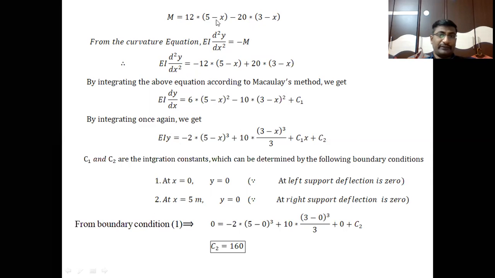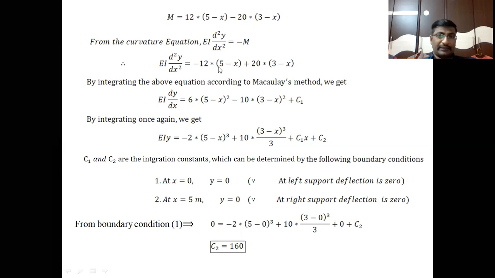So minus 12 into 5 minus x plus minus into minus plus 20 into 3 minus x. This is the equation after substitution in the curvature equation. So by integrating the above equation according to Macaulay's method, if we integrate this equation, we will get EI dy by dx is equal to, if we integrate this term,